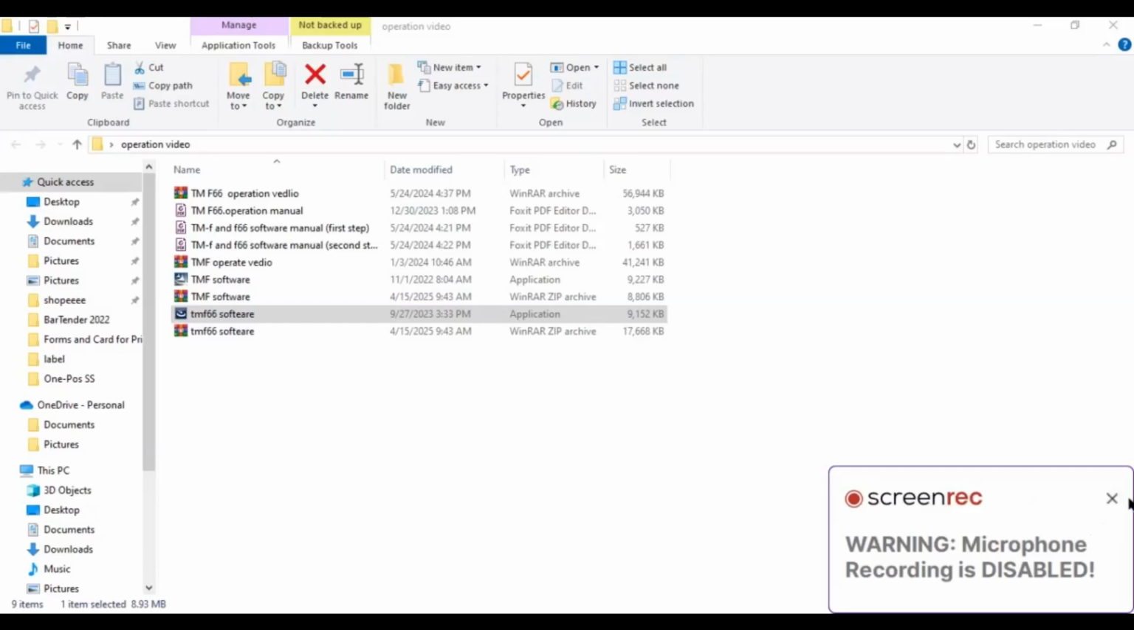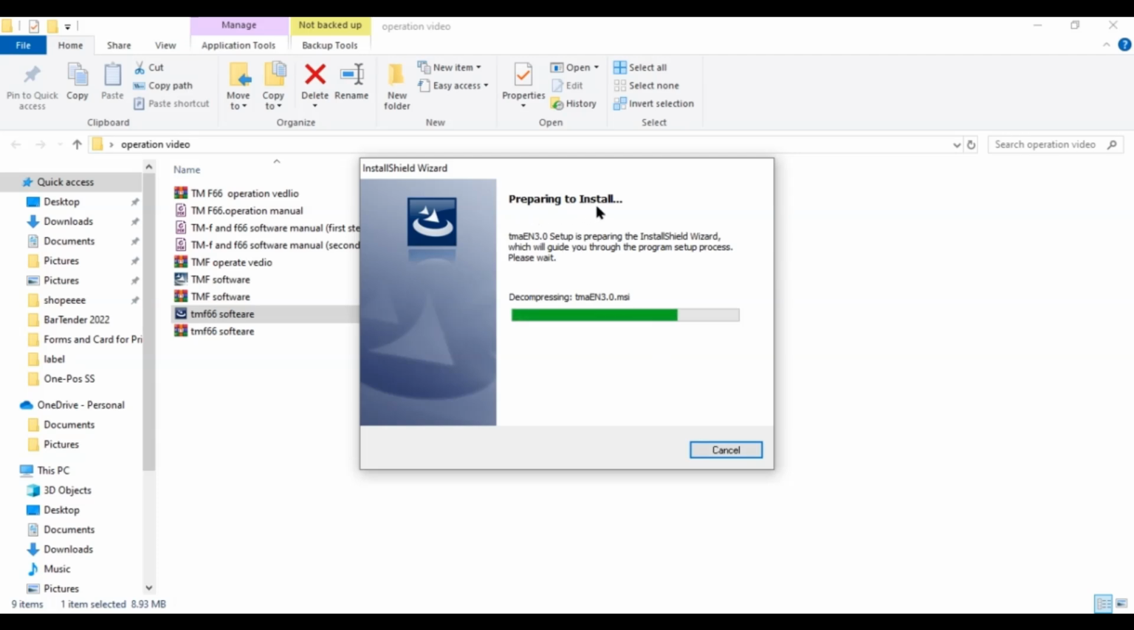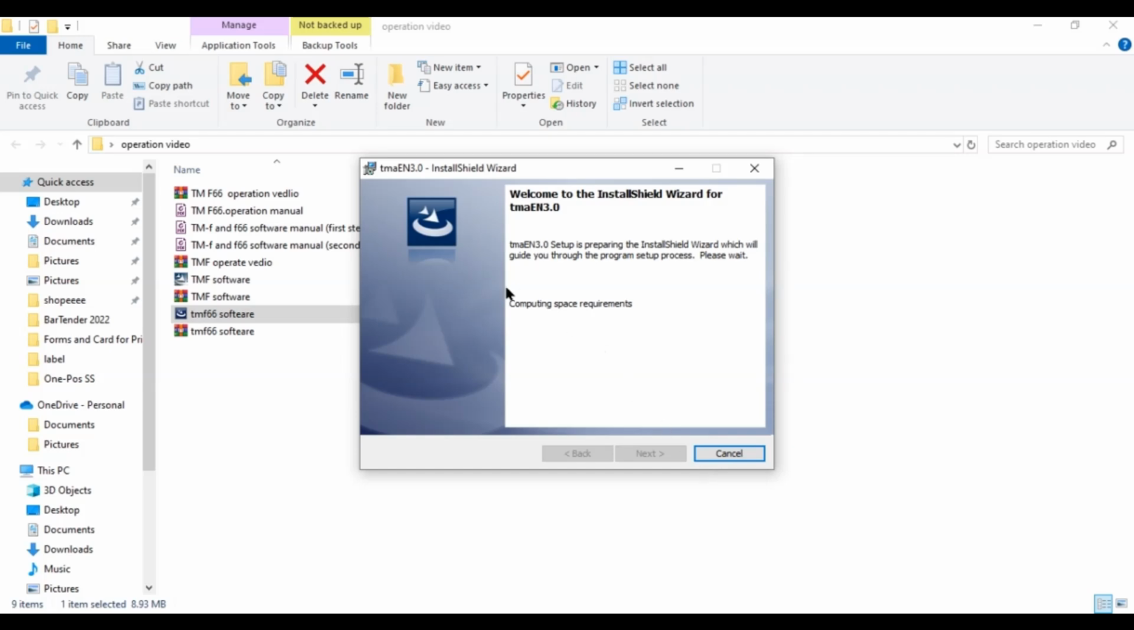To install the application software, make sure the version you're downloading is updated for proper use and for the new features available in the software. As you can see here in the date modified, the year 2023 is the latest, so click that, and after that it will lead to preparing to install, and then it will compute your space requirements. Just wait for that,